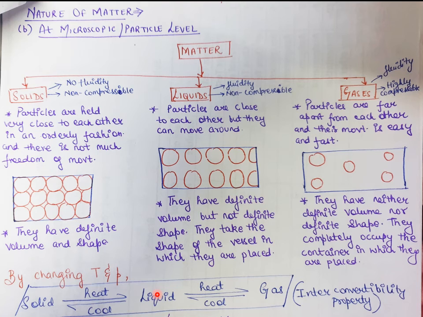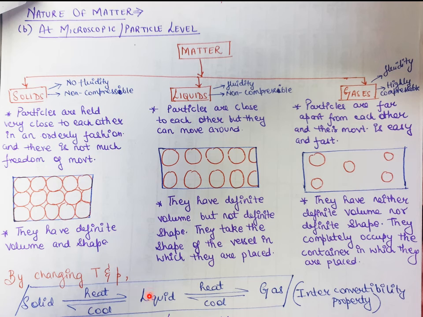Okay. If my matter is in the liquid state and I want to change it to the gaseous state, then what will I do? I will again increase the temperature, decrease the pressure, and the liquid will change into the gaseous state, called evaporation. Similarly, if I want to change my matter from the gaseous state to the liquid state, I have to decrease the temperature, increase the pressure,